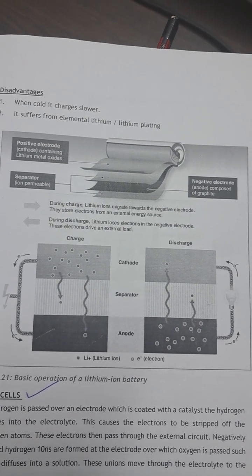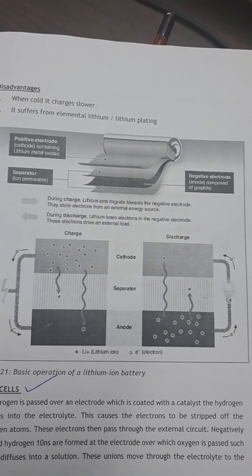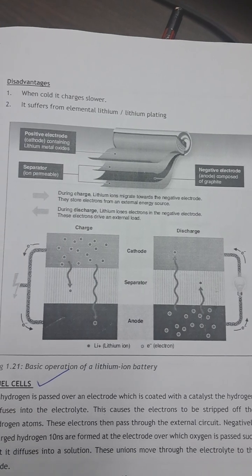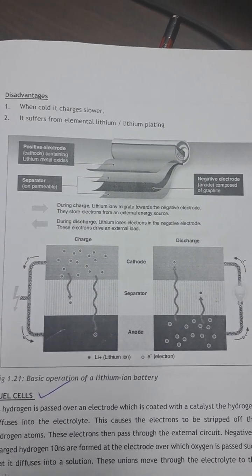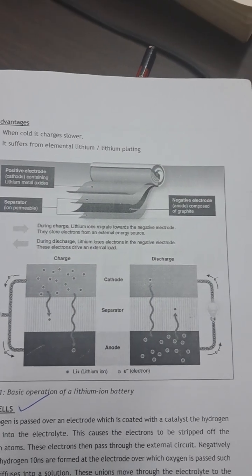Also, do not allow any leakages of this electrolyte, because it can lead to overheating of the lithium ion battery. We call it thermal overrun, and the end result of this thermal overrun can be explosion